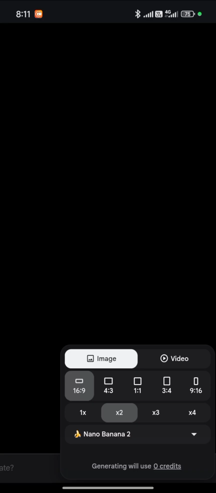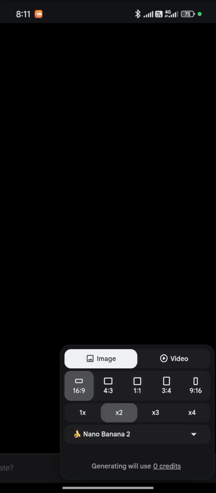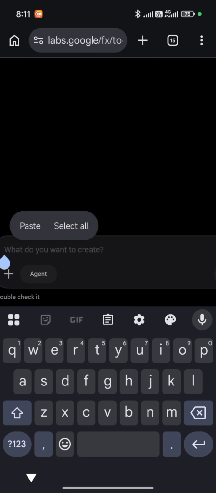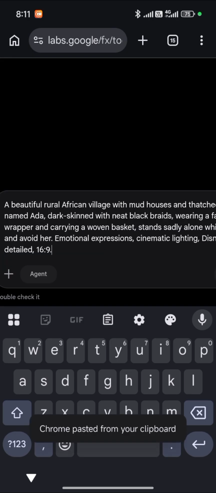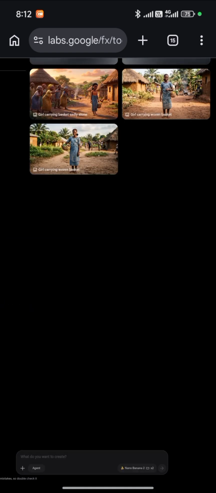So you can see the model I'm using, Nano Banana 2. You can select any model, but mind you, some of these models are not free. So I'll select Nano Banana 2, and I'm going to select aspect ratio 16:9, and then I will go back and I'm going to paste my prompt here. So I'll paste my prompt here, and I'm going to hit on this icon here, and I'm going to wait